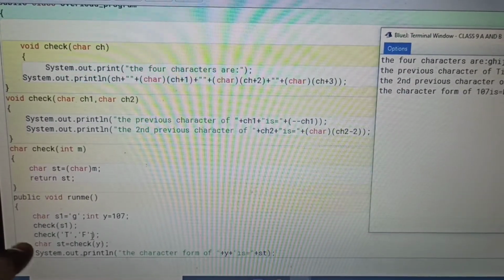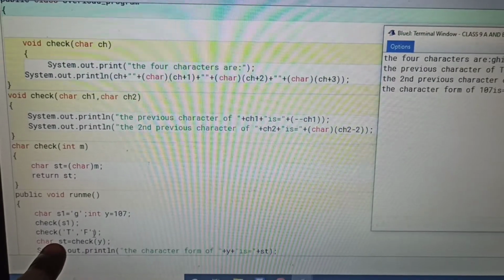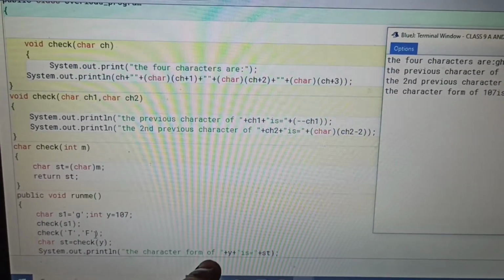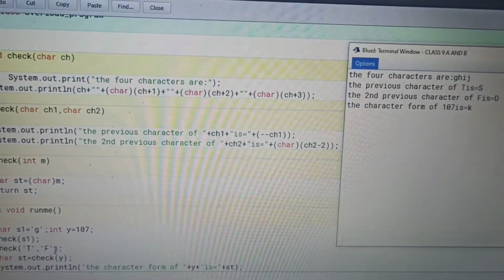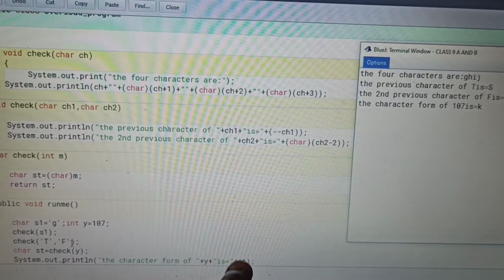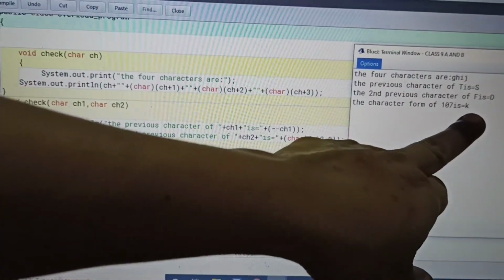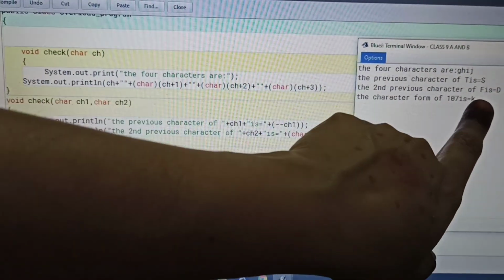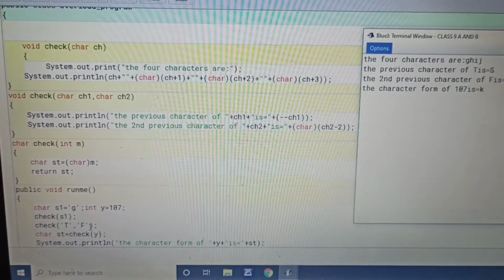It will go back to this program and be stored in st. Then the character form of y, which is 107, is shown. The ASCII value of 107 is k, so k is shown in the output.